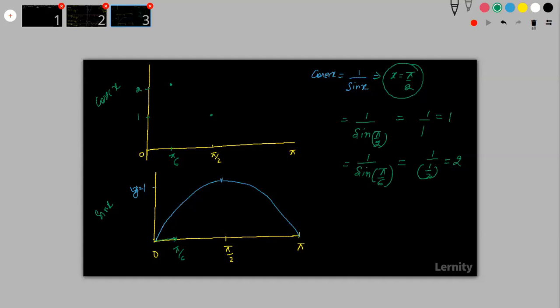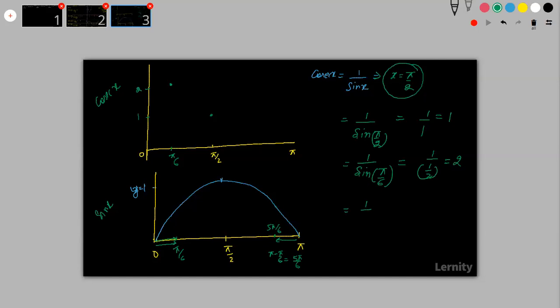Let's take a point here. So again, if I move 30 degrees in this direction, I will move 30 degrees in this direction. So 30 degrees in this direction means pi minus pi by 6. So this will become 5 pi by 6. So let's take a point 5 pi by 6. That means again for 5 pi by 6.